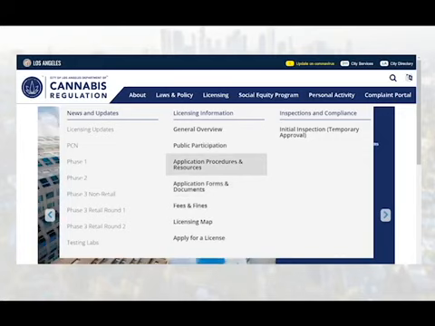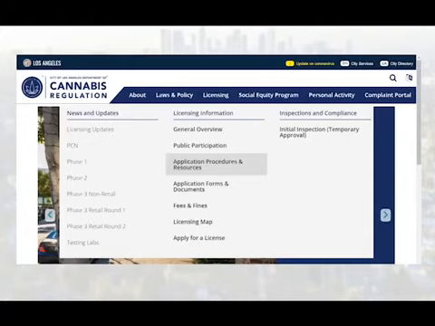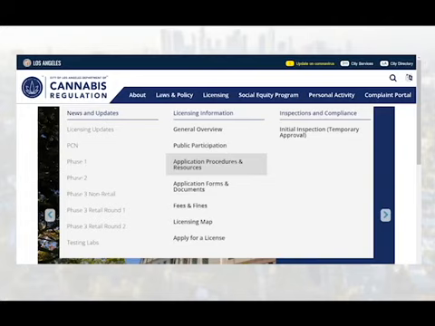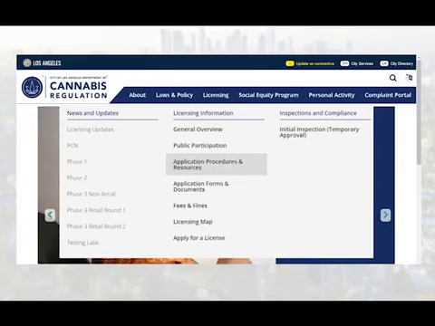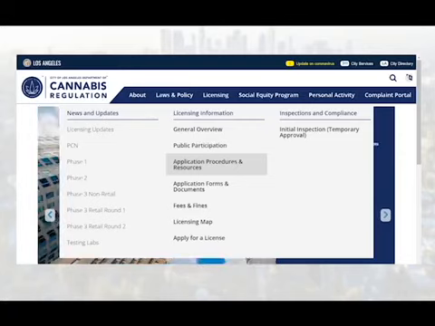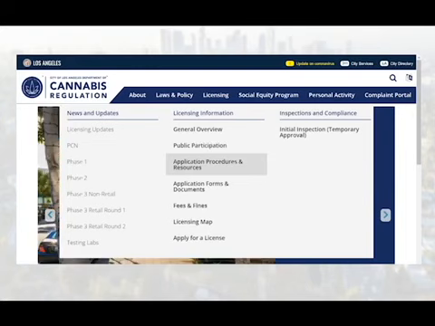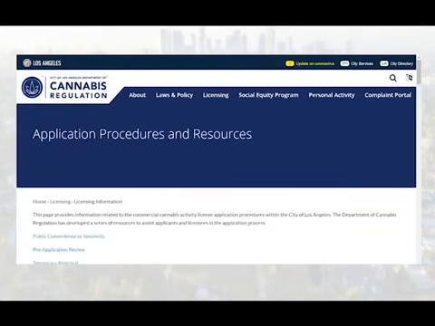It is here on these 2 pages that applicants can find important information about the following processes: the public convenience or necessity or PCN process and associated forms, the pre-application review process, associated forms and required documents, the temporary approval application process, associated forms and required documents, and the business premises relocation process, associated forms and required documents. I will now walk members of the public through the application procedures and resources page.